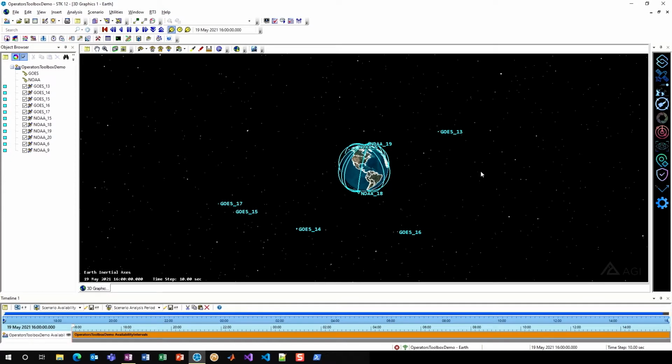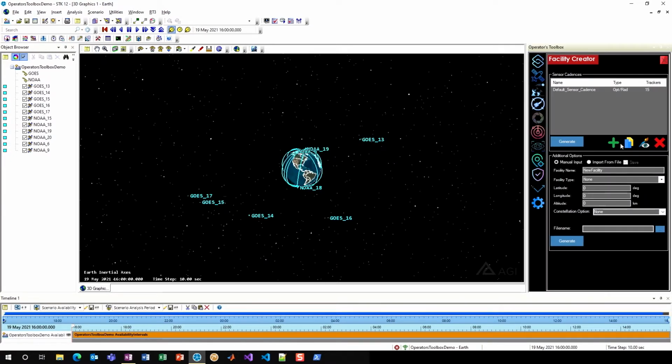Hi, I'm Cal Van Doren, an application engineer with AGI, and today I'm going to show you the Facility Creator within Operator's Toolbox. Now, the Facility Creator is a tool that allows users to bring in facilities